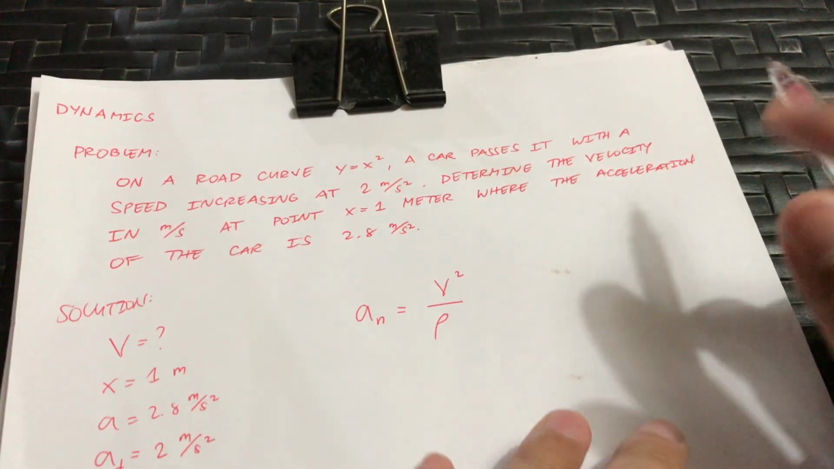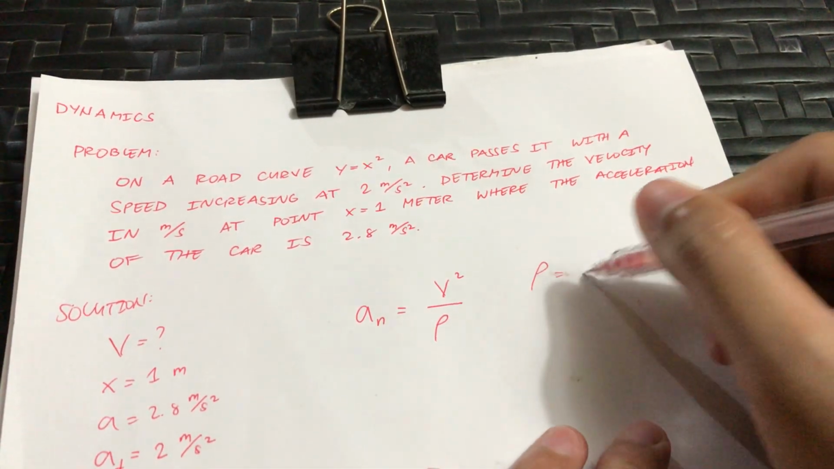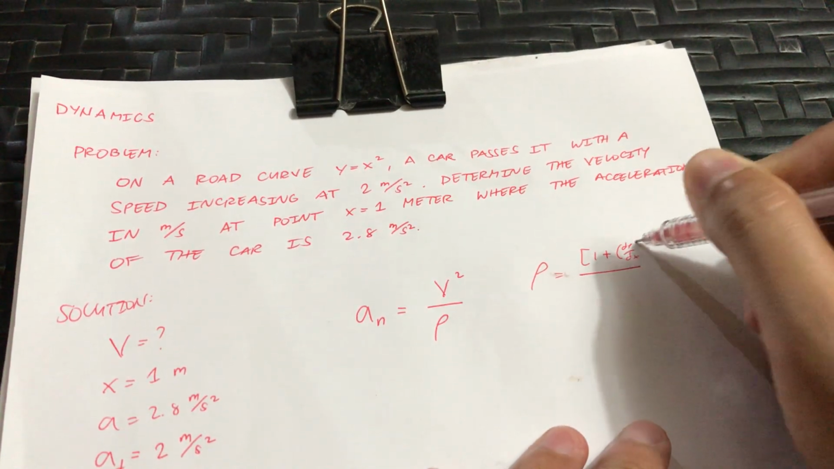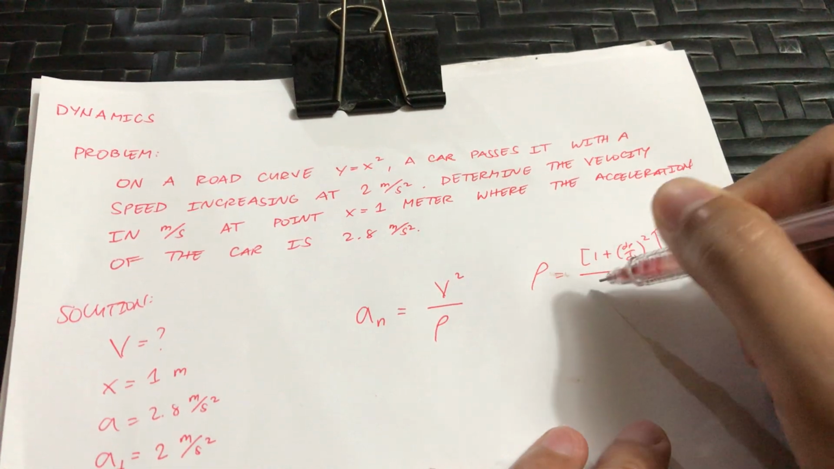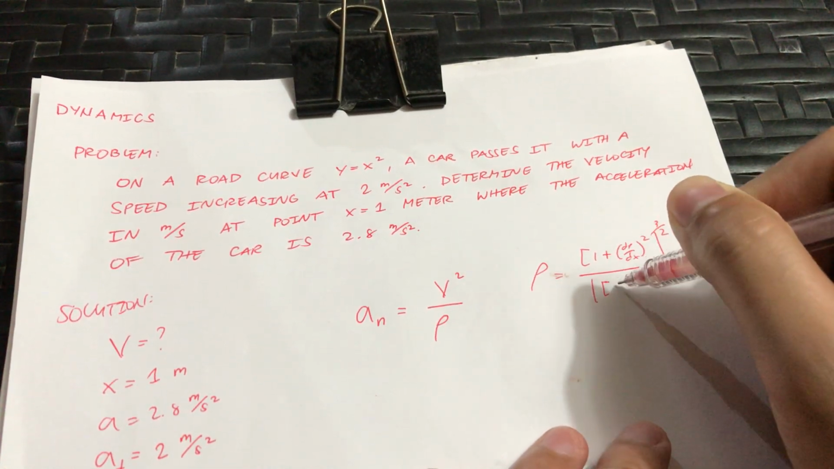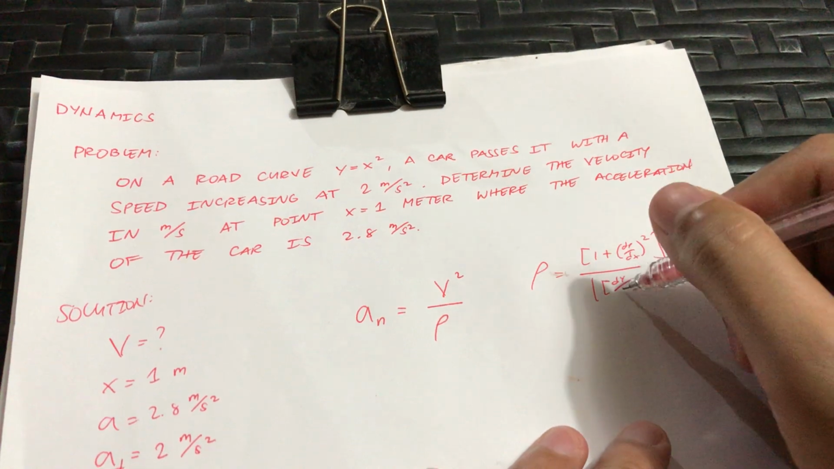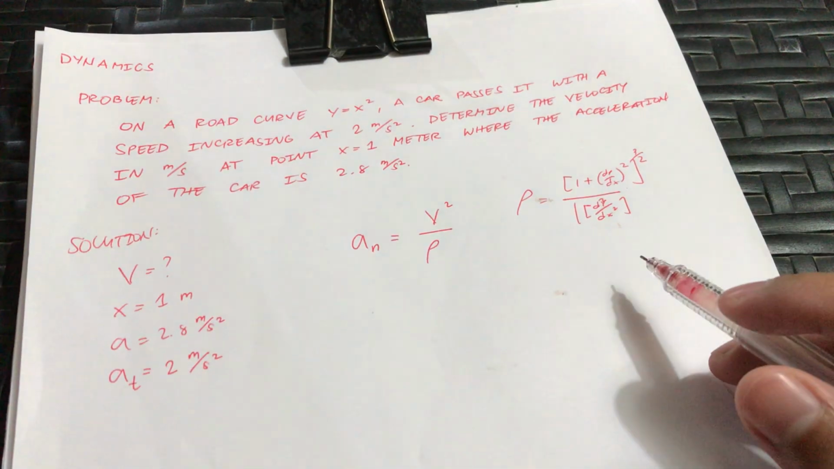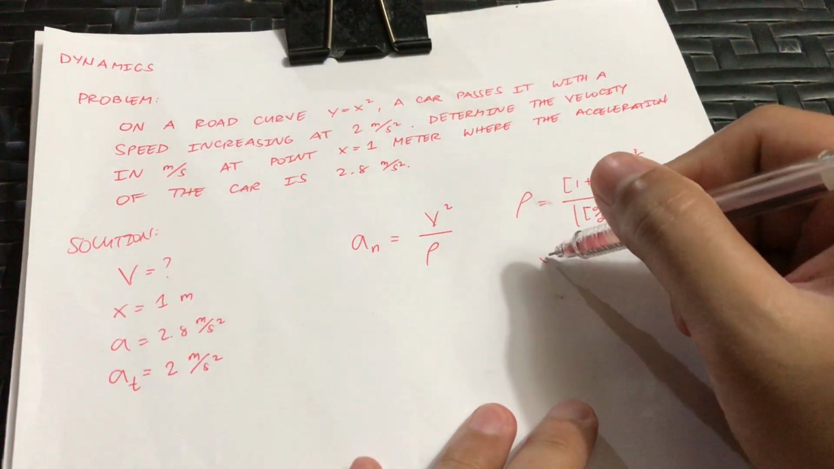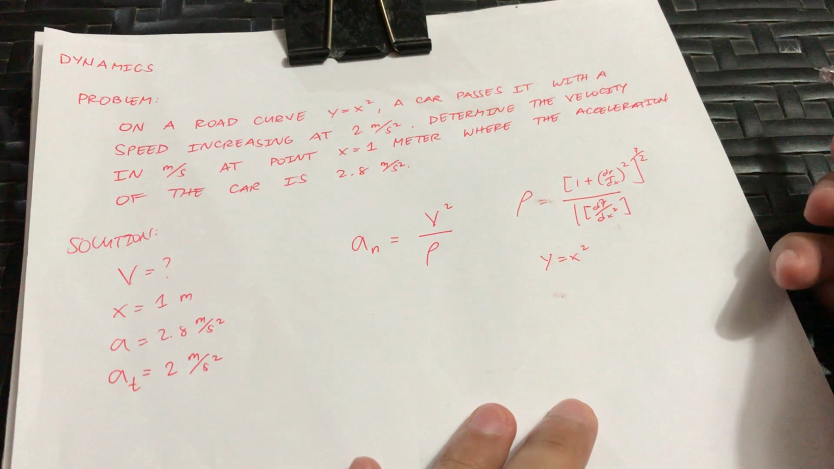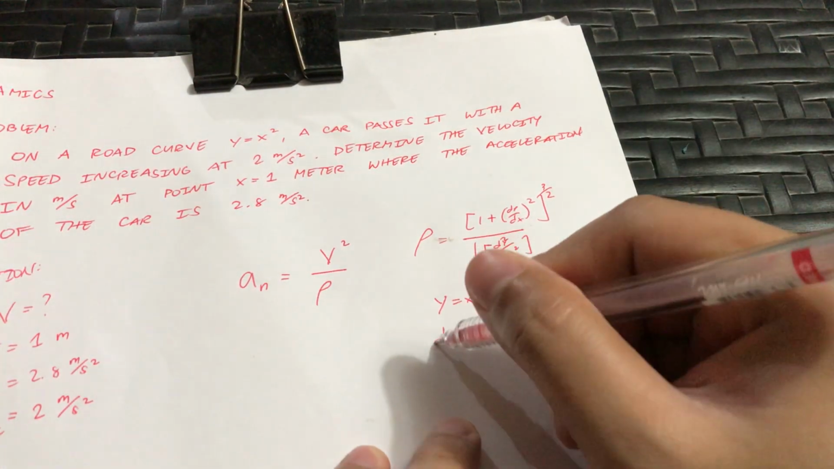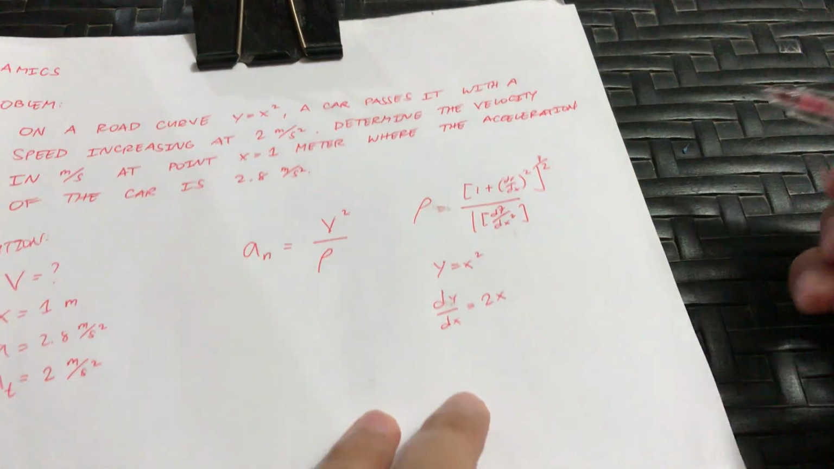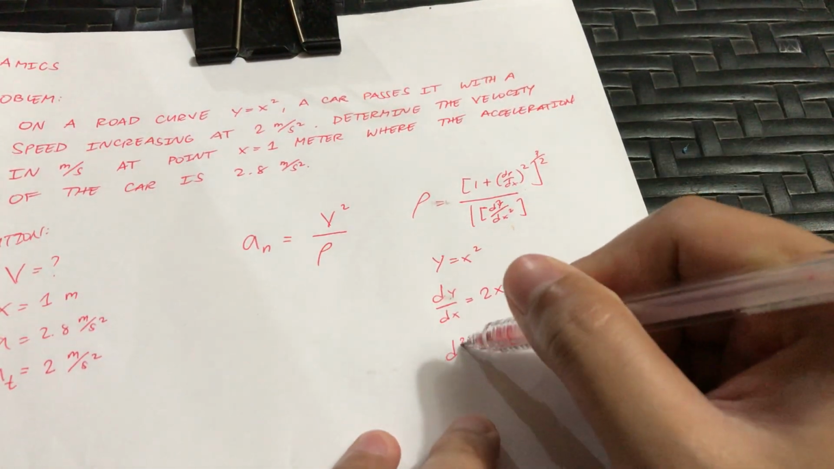We can solve the radius of curvature by the formula in our module, which is 1 plus dy over dx squared, quantity to the 3 halves, over the absolute value of the second derivative of the path. Now we have the first derivative of our path, y is equal to x squared. The first derivative becomes dy over dx is equal to 2x. And the second derivative